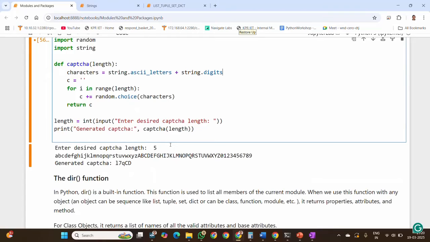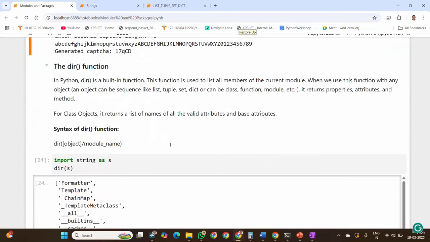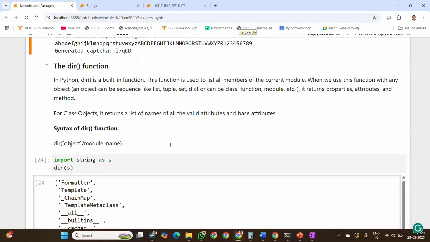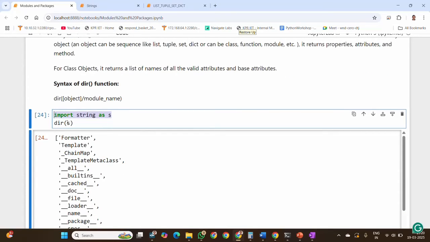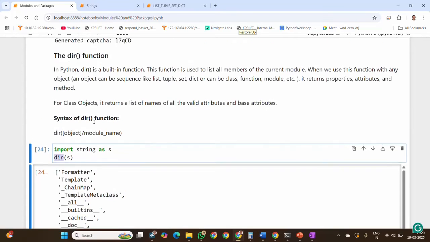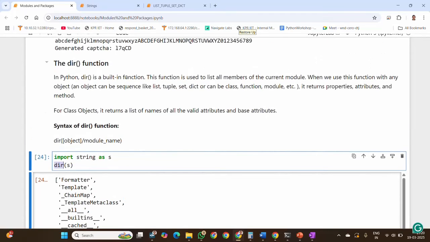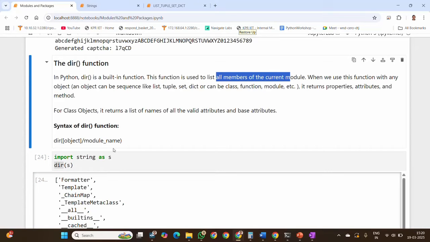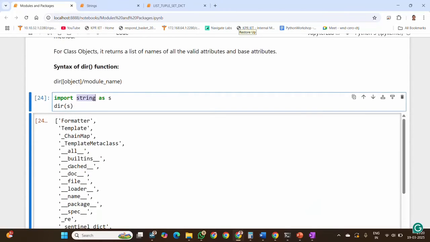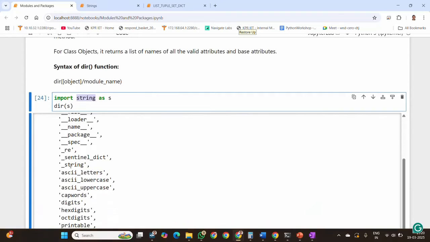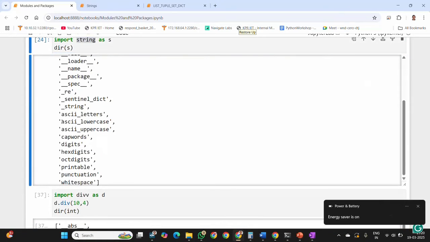Similar to it, you may ask how I can find the list of functions which are present in the built-in modules. We have one simple thing here. I'm just importing the string here. Then if I use this dir function, dir is a built-in function which is used to list all the members of the current module. Here my module is string. If I give dir of s, it will list all the